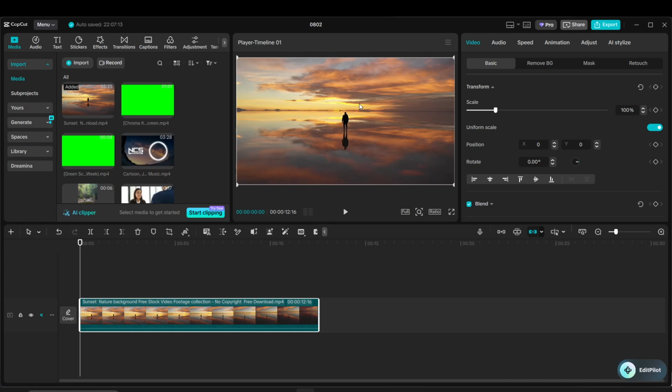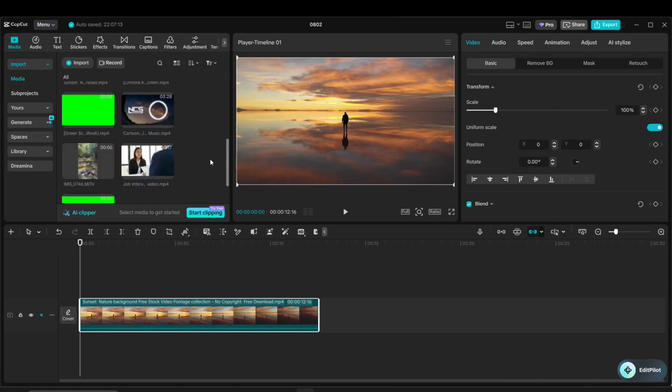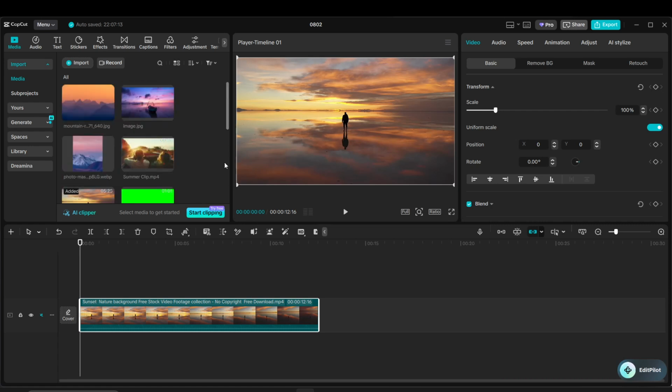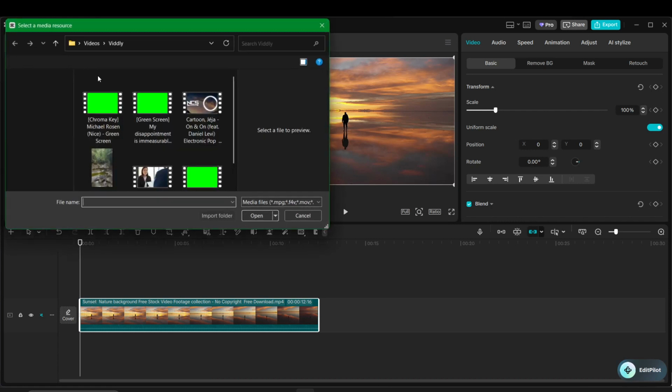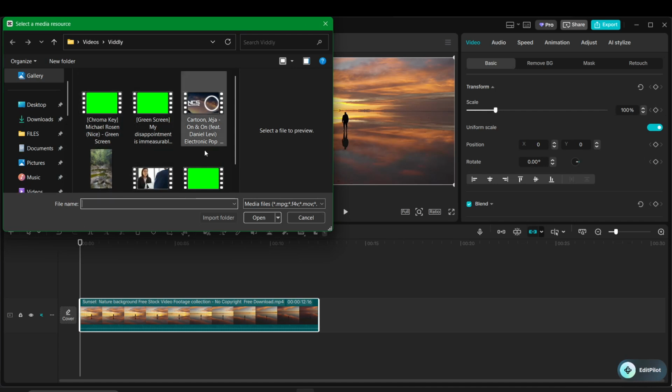To get started, the first thing you need to do is bring your overlay asset into the project. Go to the top left corner and click on Media. From there, choose Local, then click the blue Import button. Now select the file you want to use as your overlay. This could be a video clip, a photo, or a transparent PNG graphic. The important thing here is simply getting that file imported into your media library so it is ready to use